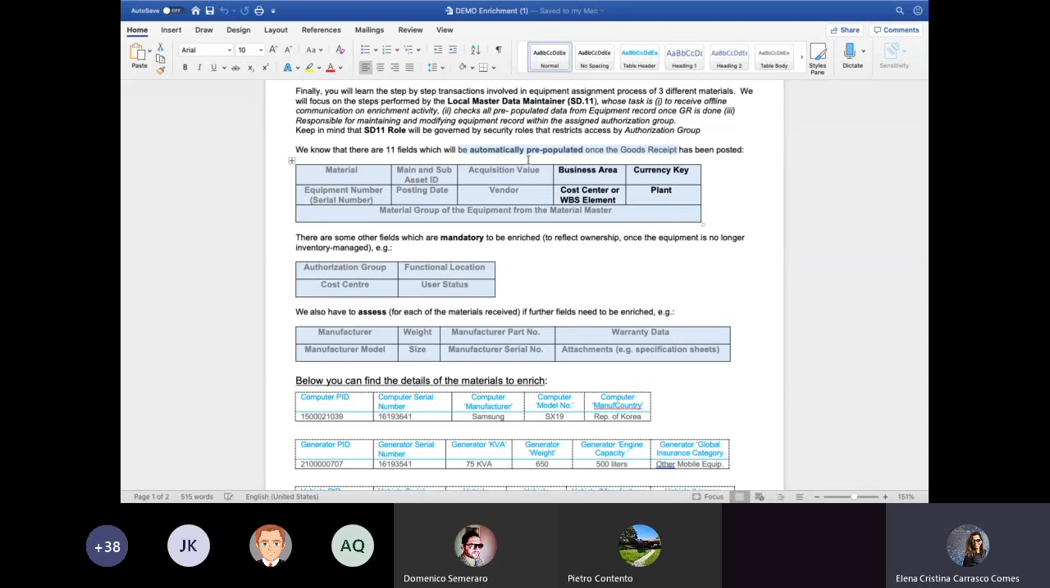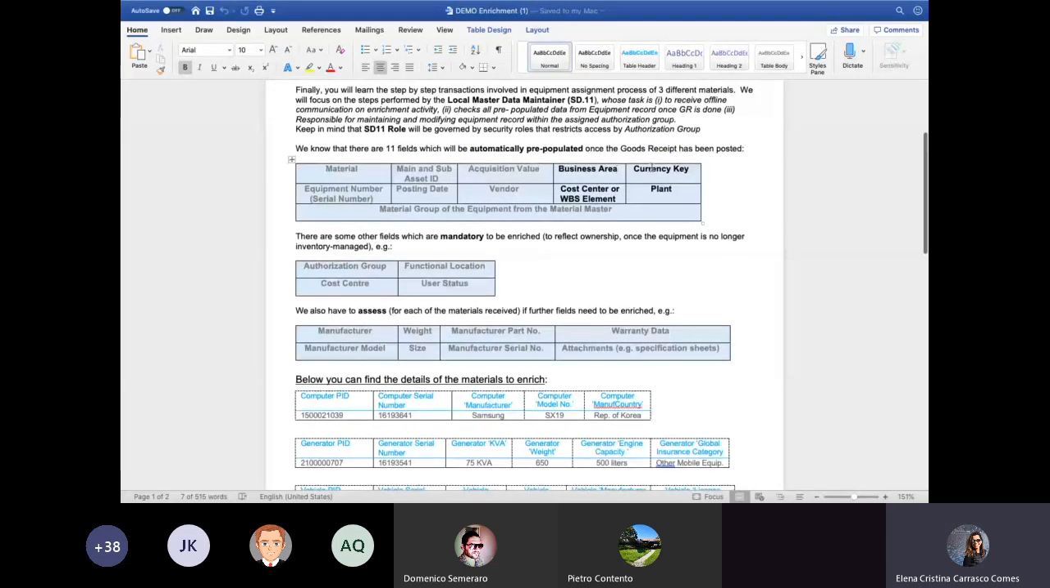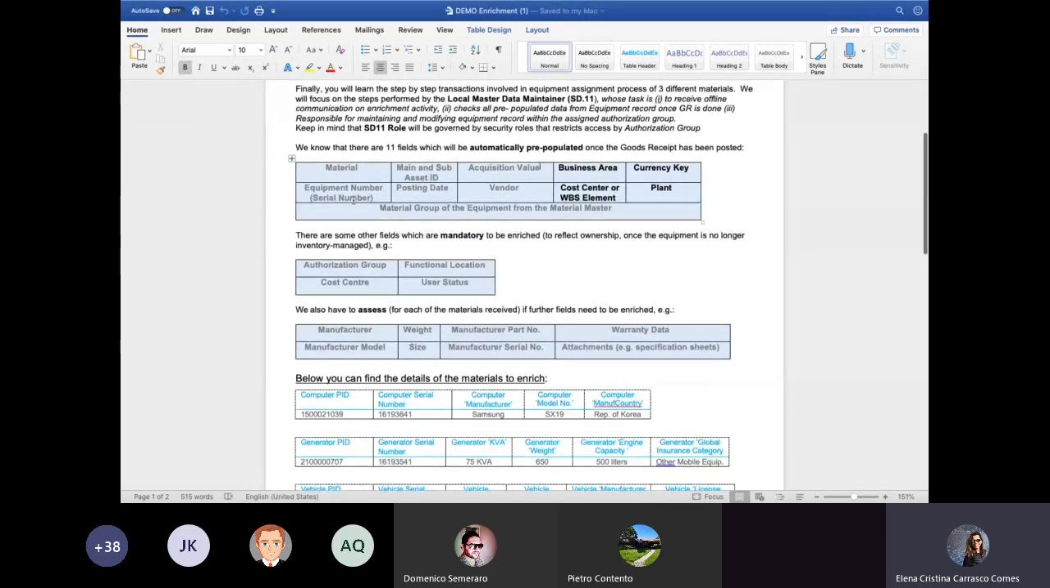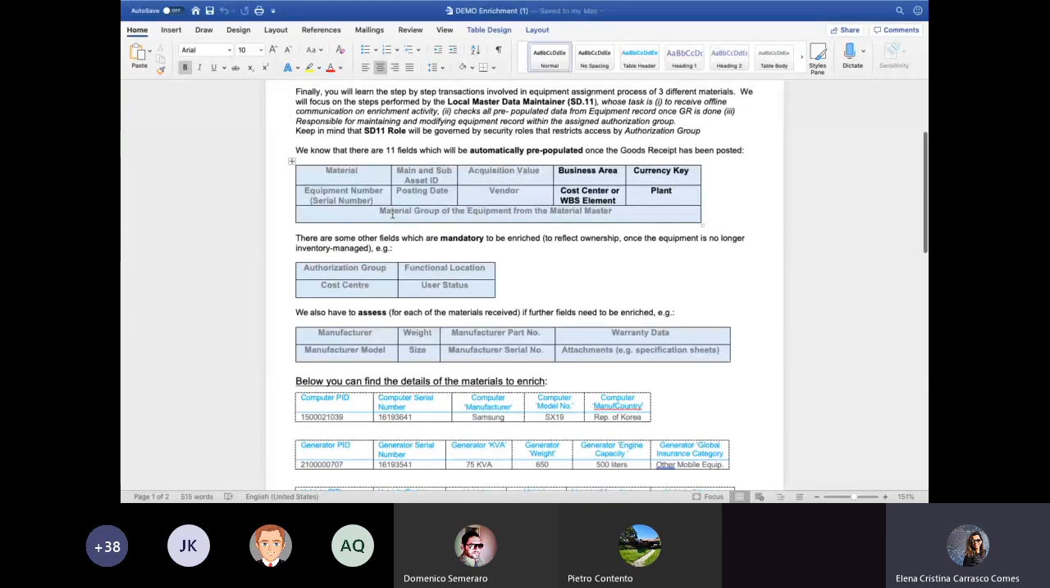been posted. These are the 11 fields, for example, the material or the product ID, main and sub asset ID, acquisition value. So this is pulled as well from the purchase order, the business area, the currency key, the serial number that is created after the goods receipt, posting date, vendor, cost center, plant, and material group of the equipment